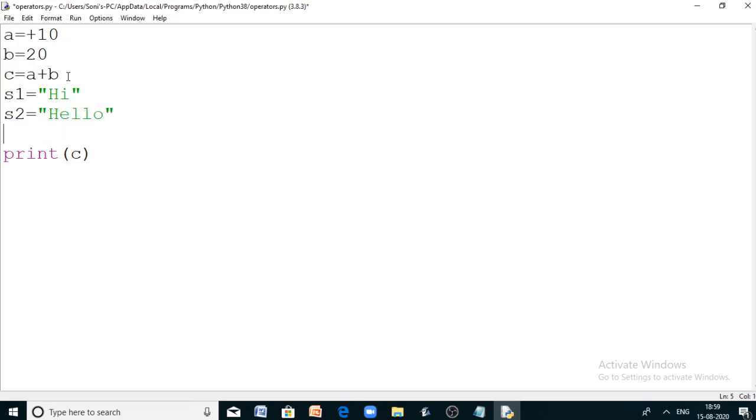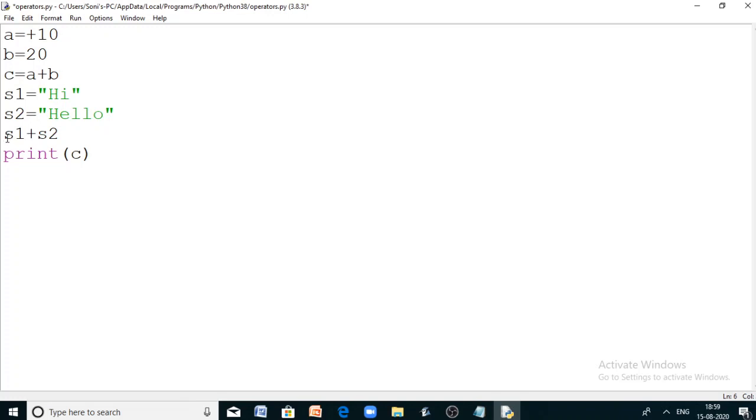Now, if you are placing this plus between S1 and S2, where S1 and S2 are strings, there this plus is playing a role of concatenation operator. That means it is concatenating the two strings, or combining the two strings, or clubbing the two strings. So plus can act as a unary plus operator, right? Or it can act as an addition operator to add two values or two numbers. If it is placed between two strings, it can even concatenate the two strings.